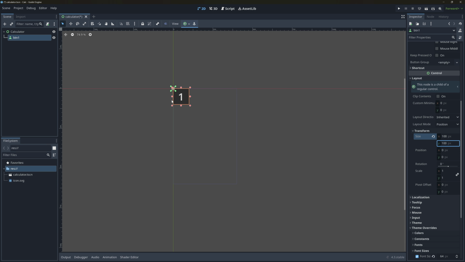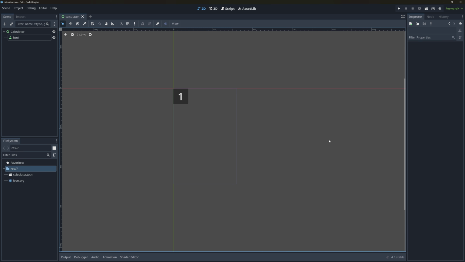Since I've set it to be 4 across, I could have 1, 2, 3, and then some sort of mathematical operation. So maybe I'll do 95 by 95. That gives me a little bit of padding. So again, I'll just save this off. I save quite frequently, and you know when I save because you'll see that little saving flash across. I have a habit of just keeping my fingers on Control S, or if you're on Mac, Command S,